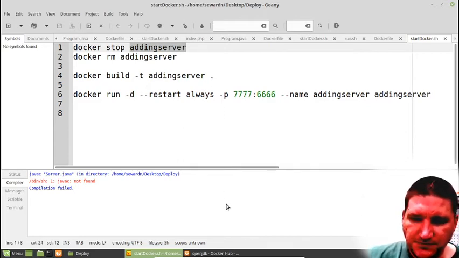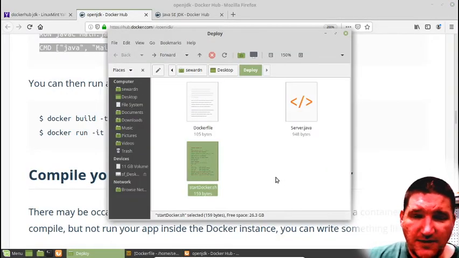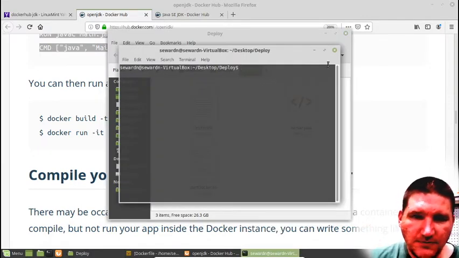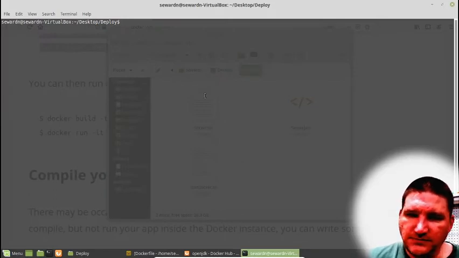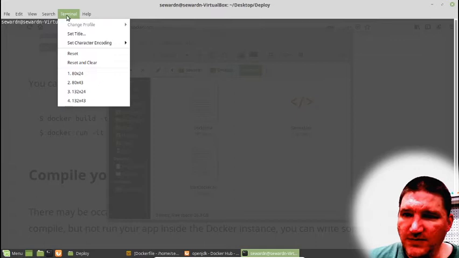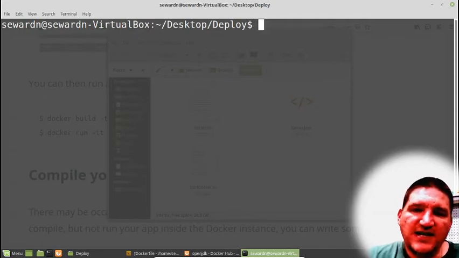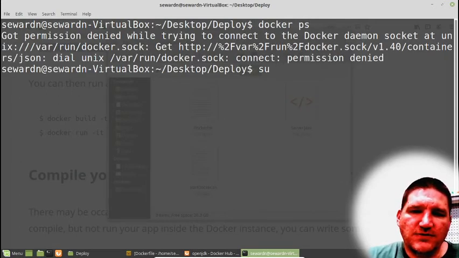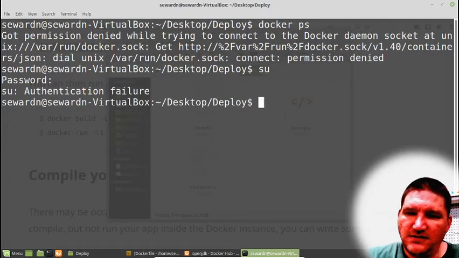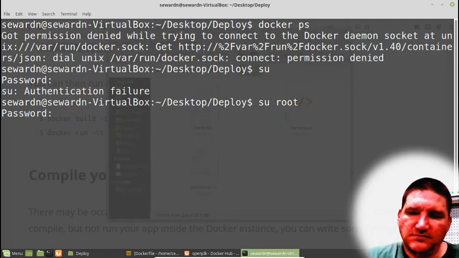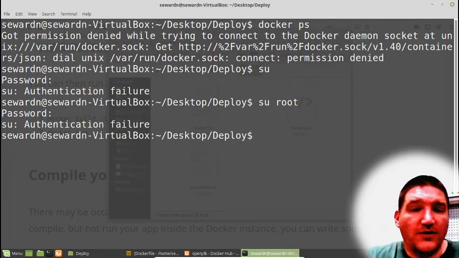Okay, so that's a lot of background. I'm going to open up Terminal, and let's zoom in. Control plus, Control plus. Okay, if I say Docker PS, it's not going to work. Can I do this? Okay, so